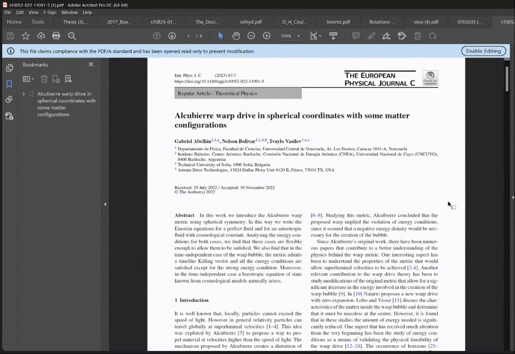Basically, this is the general idea, and there is a message here: what is it with the warp drive that if you write it in this symmetry, it works? Is it something hidden in the coordinates that you use, or is it something in the transformation that we are missing? This is something we have to figure out. The point is that we find that these things work, and we are already exploring why this spherically symmetric warp drive works very well, and what the difference is with other warp drives that are around in the literature.